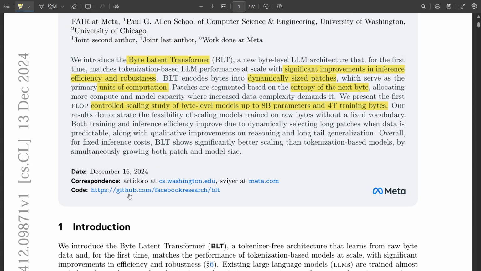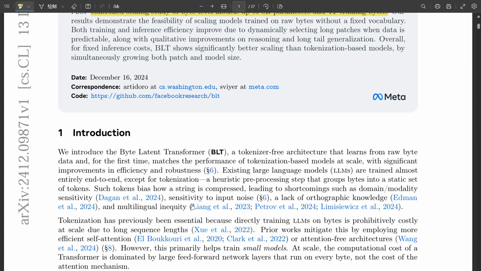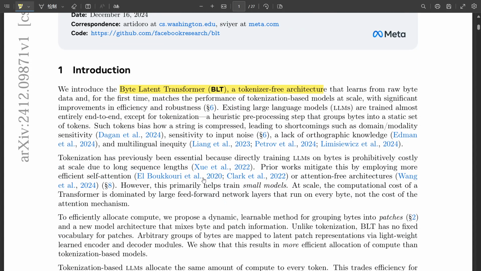So it's like we're forcing the AI to wear blinders when it comes to language. Yeah, pretty much. And that can cause a whole bunch of problems. The research pointed out how tokenization can lead to biases, inconsistencies, even trouble understanding things like different writing styles or different languages. It's like we're trying to cram the entire universe of language into these pre-made boxes, and it just doesn't fit right. So tokenization is definitely a problem. That's where BLT comes in, kind of like the hero of the story.